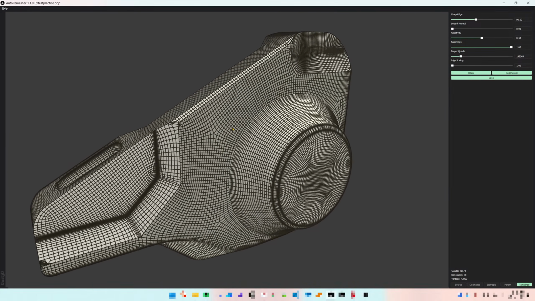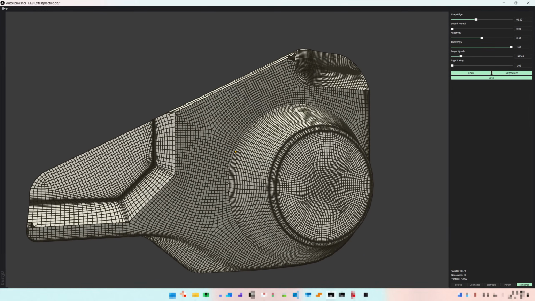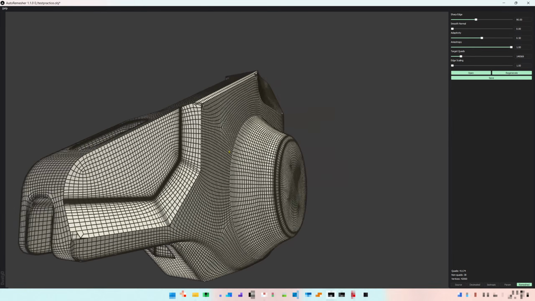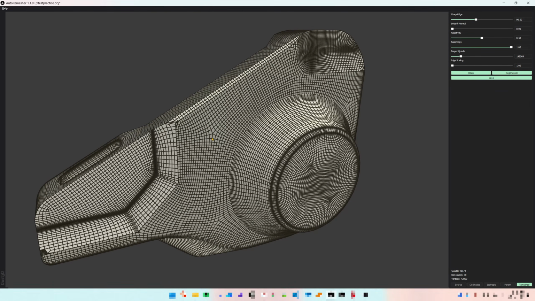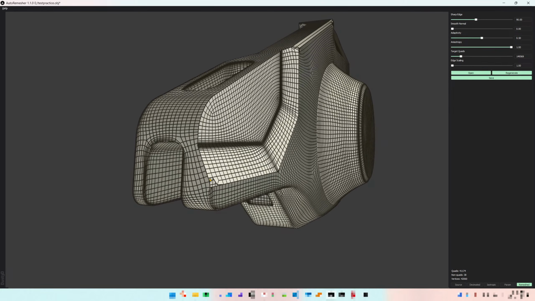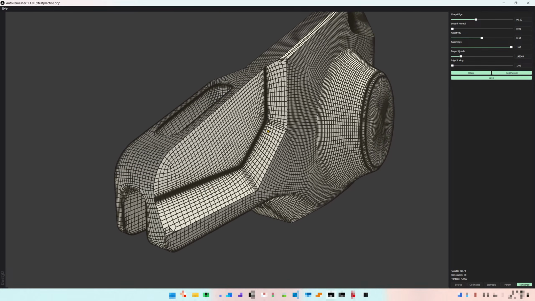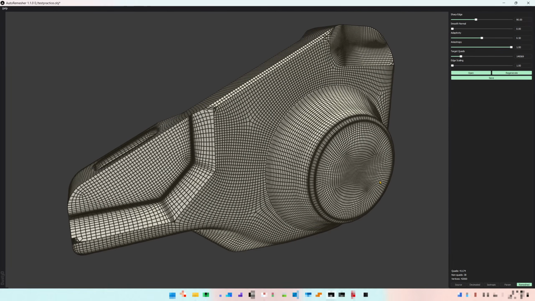But okay, finally we have this result, and I think in some cases it could be useful for some reasons. You can use this as an intermediate result and just fix these spikes and issues by hand in your preferable DCC. I'm not sure, but